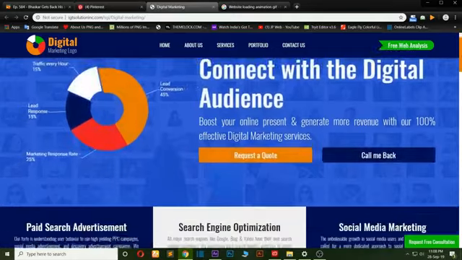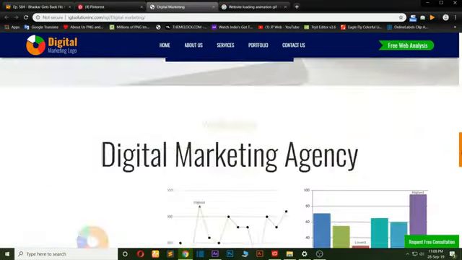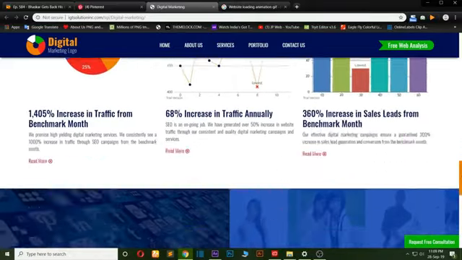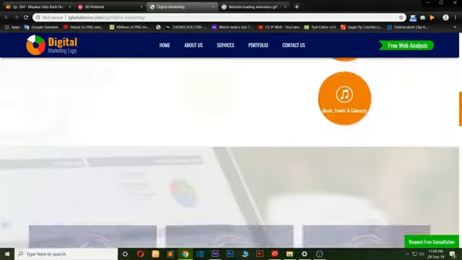Now, the fourth one is user experience design, or UX design. User experience design makes a website or application more attractive. All the parts that are animated and make you feel something better are called user experience.